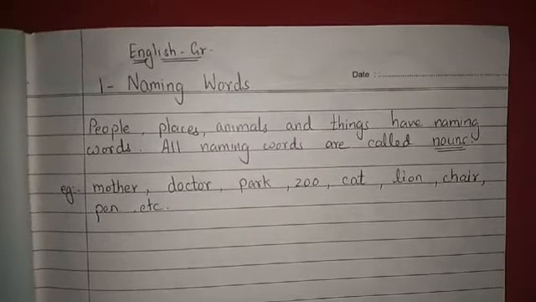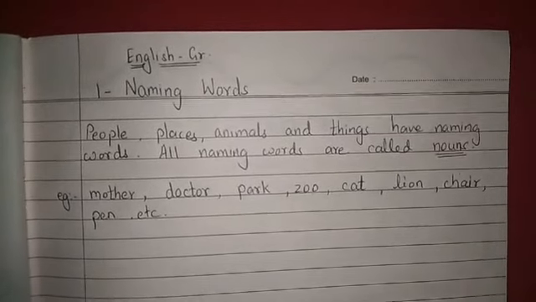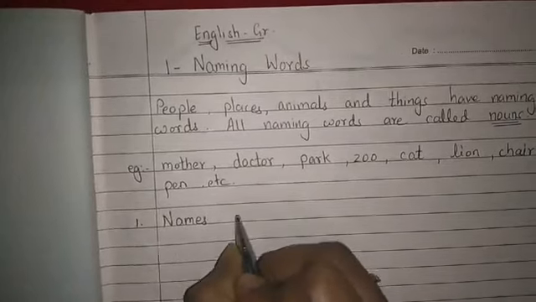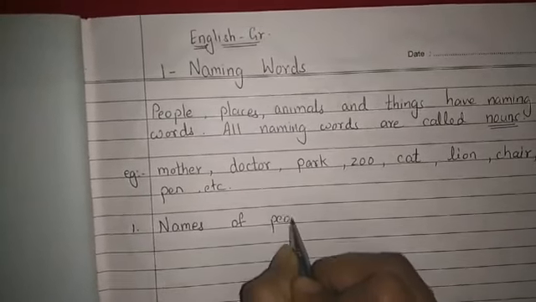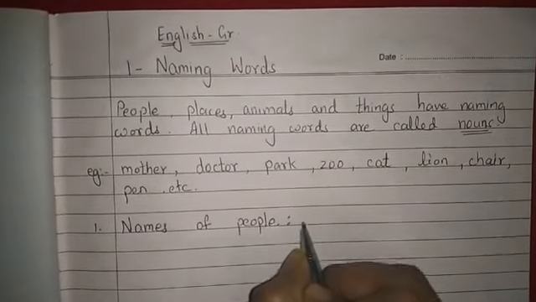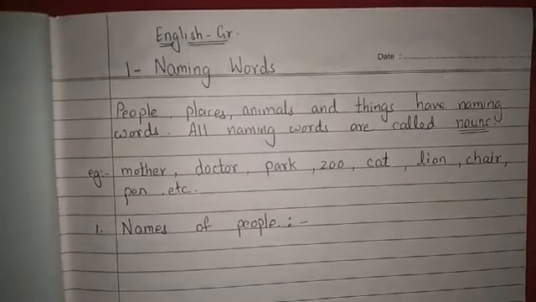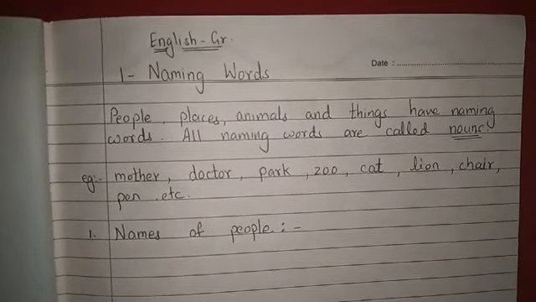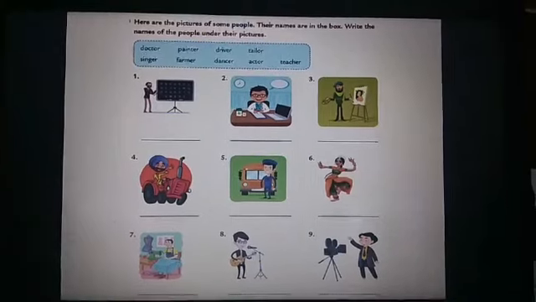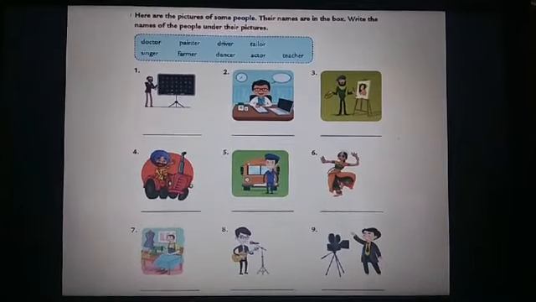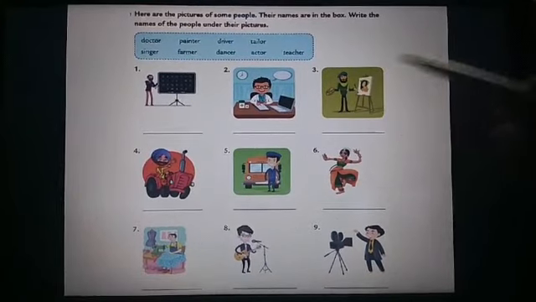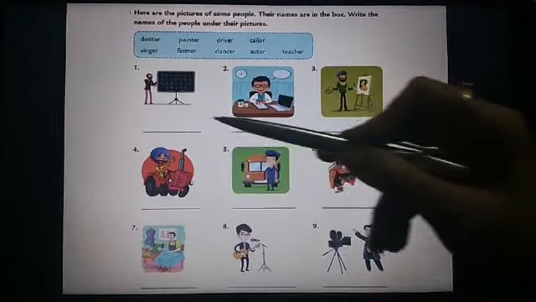Let's begin. Names of the people. Here are the pictures of some people. What we have to do is identify the people in the picture and write their names in the blank given